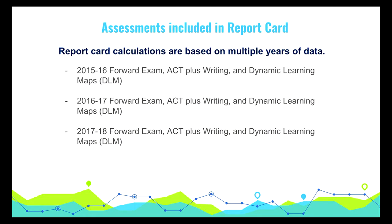So the report card calculations are based on 3 years of assessment data. And for the first time for elementary and middle school report cards, we had 3 years of Forward exam data. Previously we had 2 years of Forward data and 1 year of the Badger exam, that test that we gave just that 1 year, or WKCE data was figured in. Those WKCE and Badger are more than 3 years behind us now, so this was the first year of all Forward data. At the high school level, they use the 11th grade ACT plus writing,